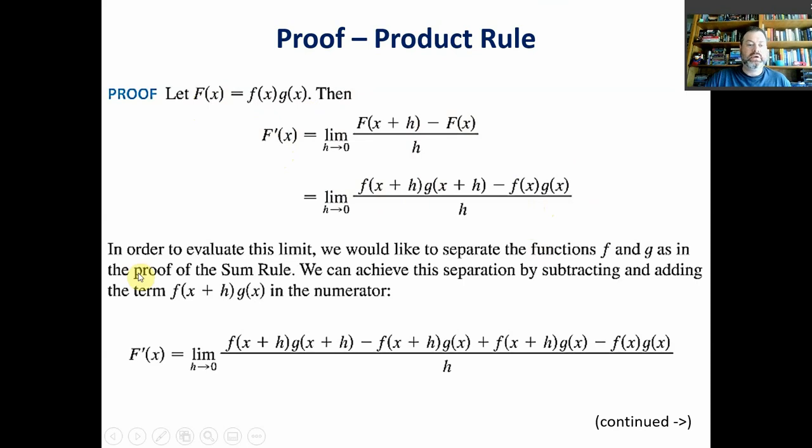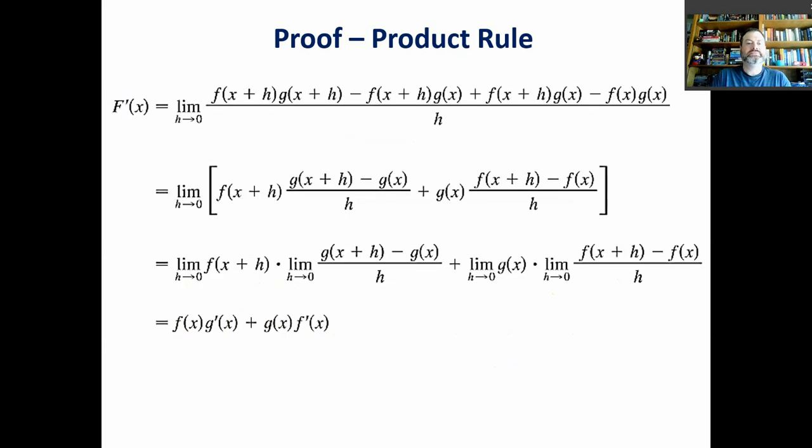So what we're going to do, we're going to add and subtract this term here, f of x plus h times g of x in the numerator. So we subtract it here and add it here. And the reason we do that is because it allows us to factor this f of x plus h out and allows us to factor this g of x out as well. And that's what we get right here. So we have f of x plus h times g of x plus h